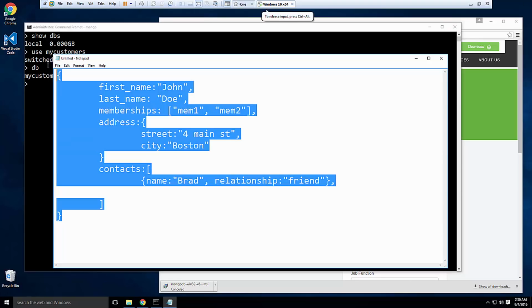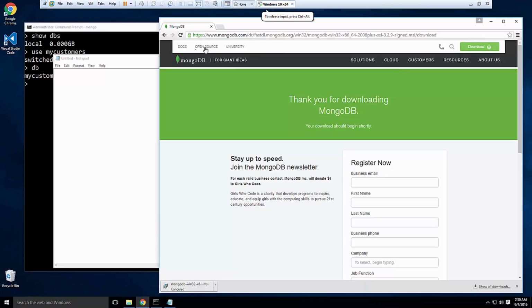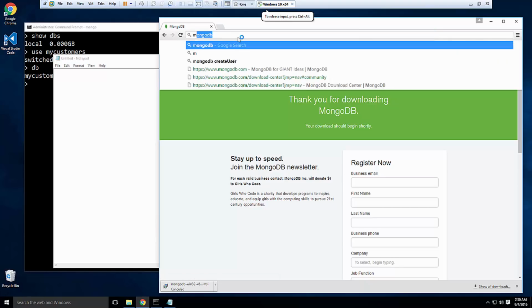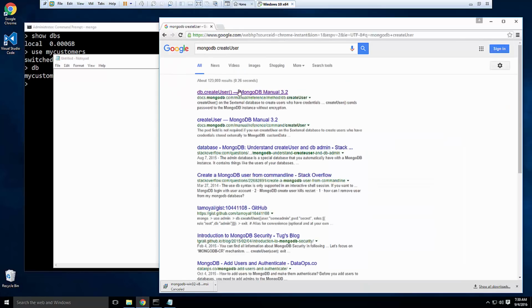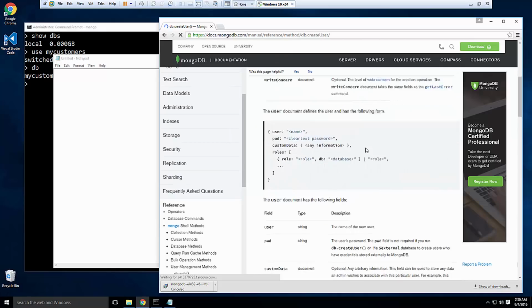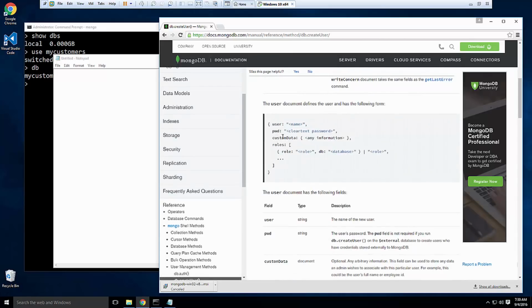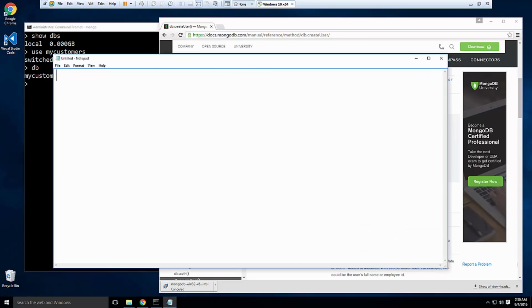Now before we go and we start inserting data, I want to just create a simple user for this database. So I'm just going to search for it. We'll say MongoDB create user. Okay, so db.createUser will create a user for that database in this format here. So we're going to say over here